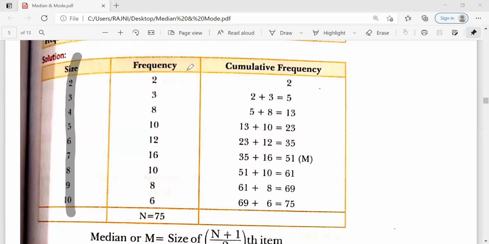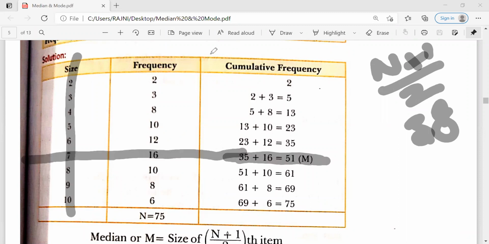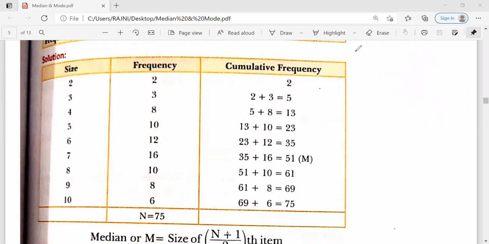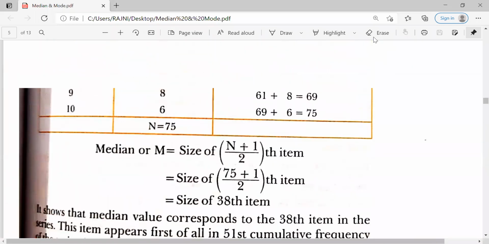The 38th item lies in this CF, and this CF is related to item 7. So the median will be 7. You have to remember very carefully that you cannot find the median from the frequency. You have to find the median from the main item, right?